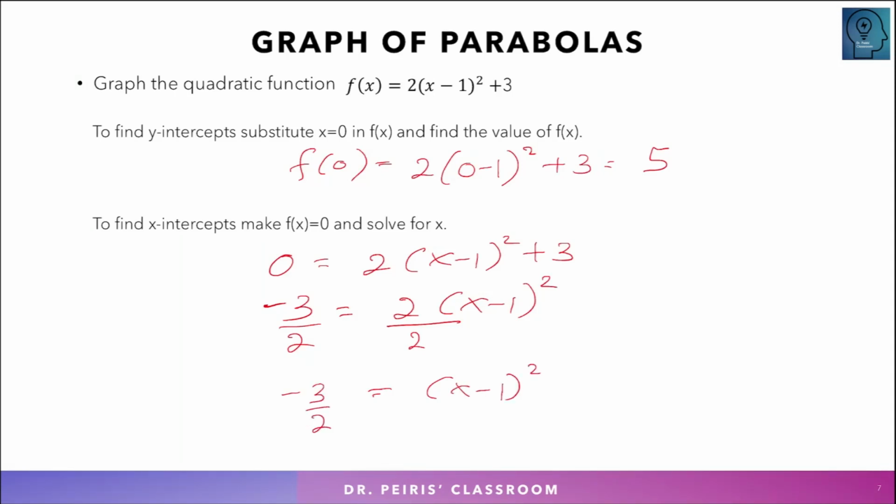So what do we get in this case? We get a square equal to a negative value. Which means if we take the square root, we are taking the square root of a negative value, which is basically an imaginary number. Since we are getting a negative number, once we take the square root, we are getting an imaginary answer. So there are no real roots, so there is no x-intercept. So in this case there is no x-intercept,